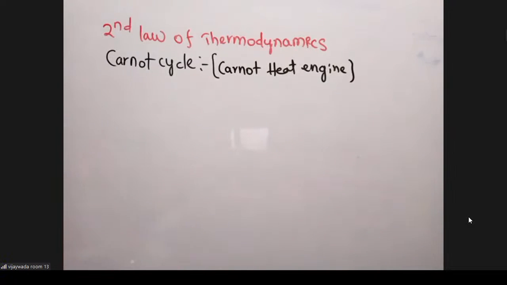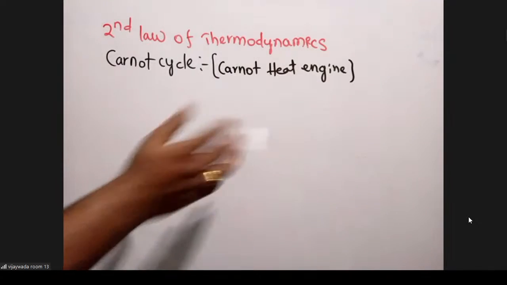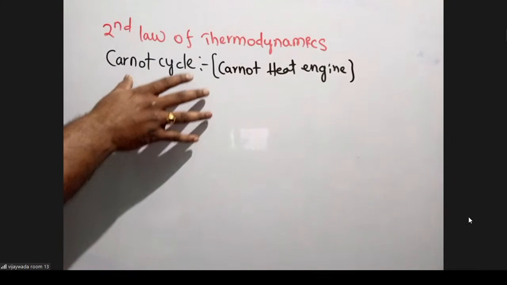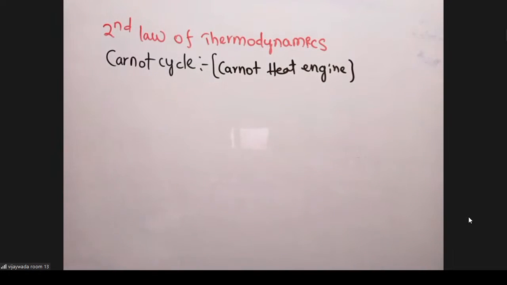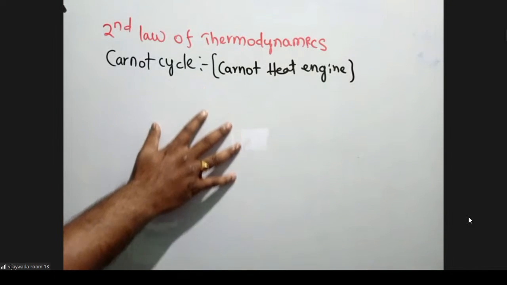Generally, any machine which can do work by supplying heat, we know already. In case of cars and vehicles, we use petrol, diesel. With the help of that, combustion takes place in the machine. Due to combustion, some amount of heat is produced. The heat is used to move the vehicle. Yes, that is heat engine generally. And what is the Carnot heat engine? It is a hypothetical heat engine. We cannot construct this kind of heat engine normally. So this is an ideal heat engine.